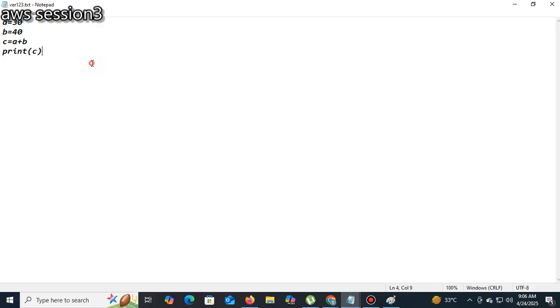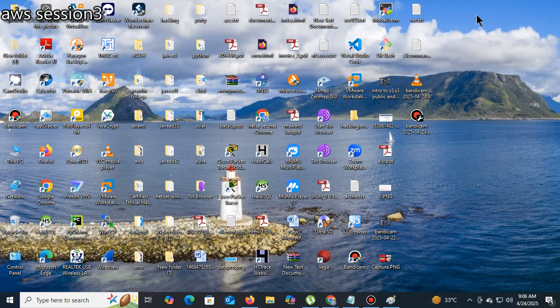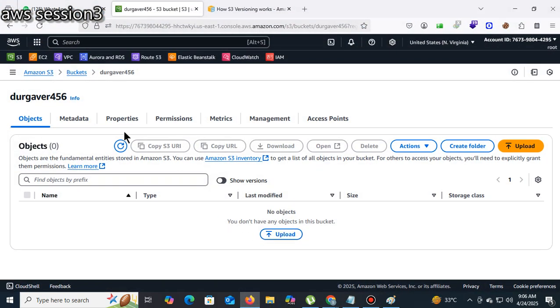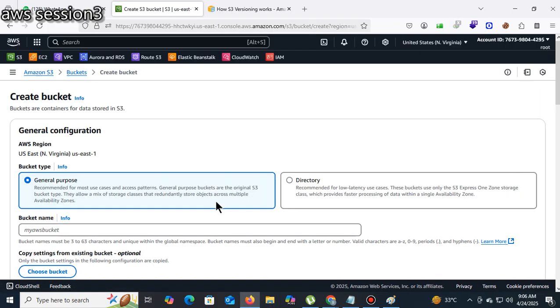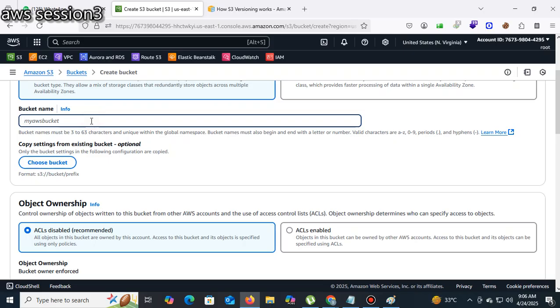Here I am going to upload this one. First I will upload this one. Understood? So first I will create another bucket to know the difference between the version bucket and the unversioned bucket.